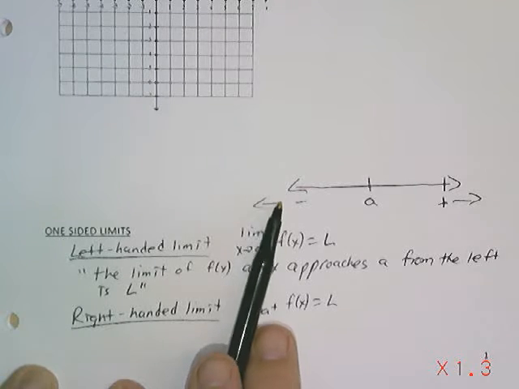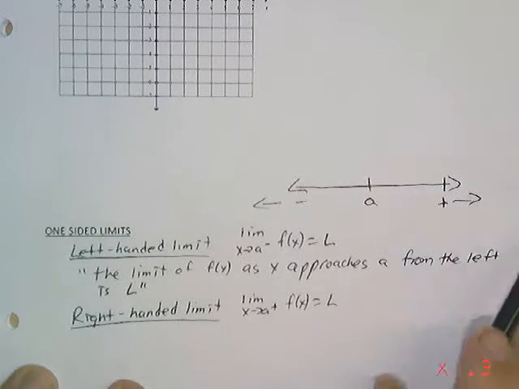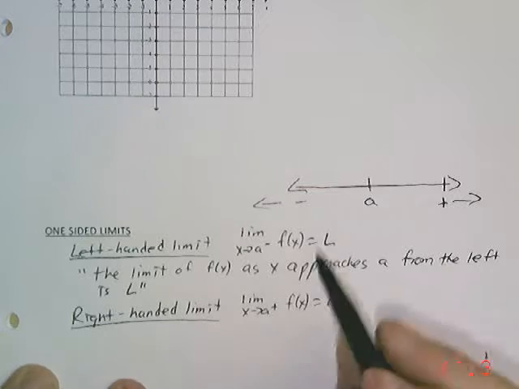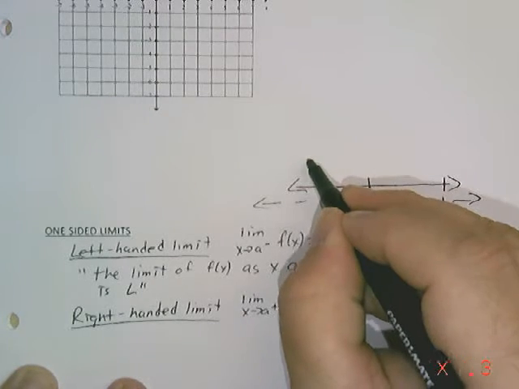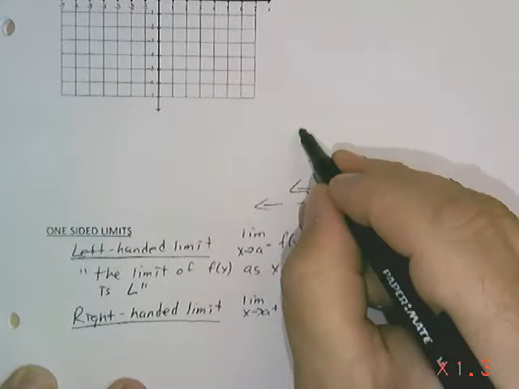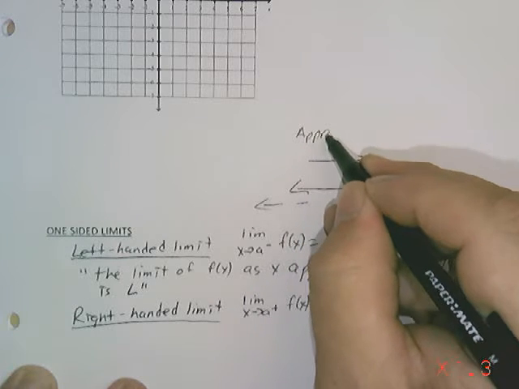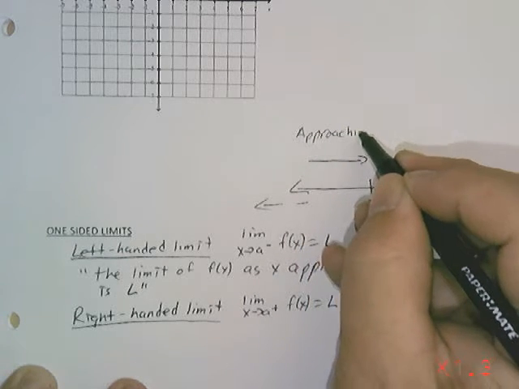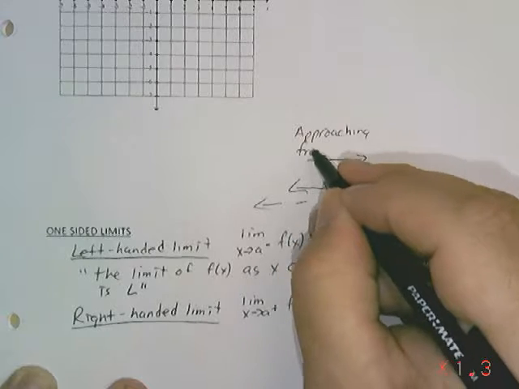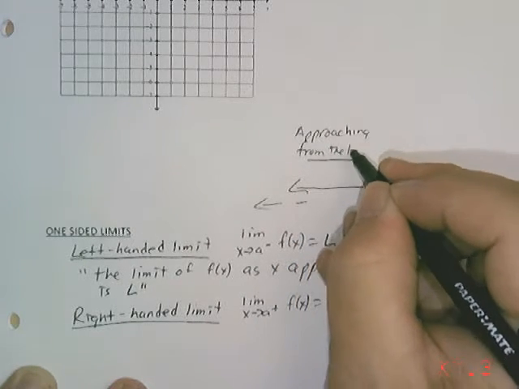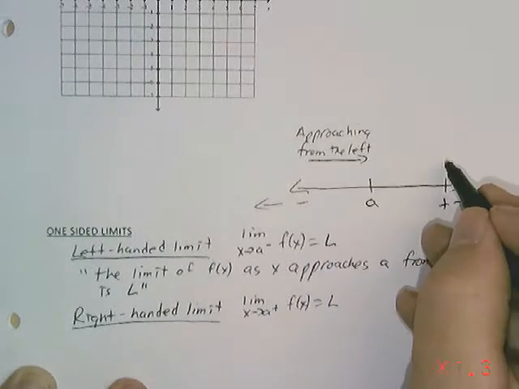Key rule says this: the limit as x approaches a of f of x equals L. Notice that I don't have left or right here. This is the limit. In order for this limit to exist, the left and the right limits both have to be the same. So we say if and only if